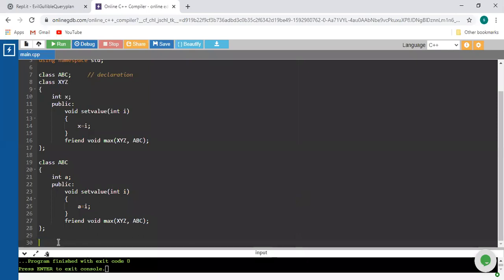How are you going to define this particular function? In general, whatever logic we considered in the previous example. How are you going to define this max function? First of all, the return type is void. Next, the name of that definition of the friend is max. Next, it will accept two different parameters, meaning objects. The first one is from XYZ as a small m, and the second parameter is from the second class ABC as n.